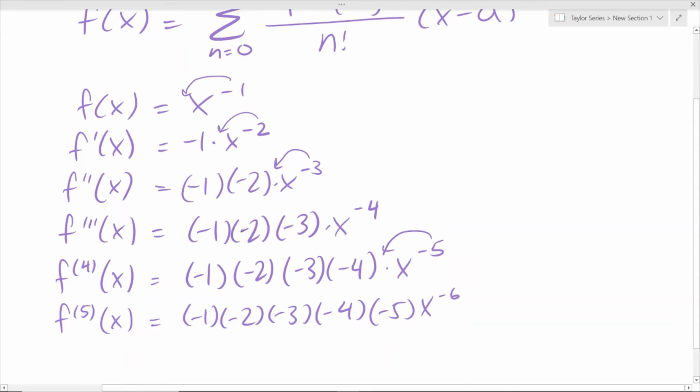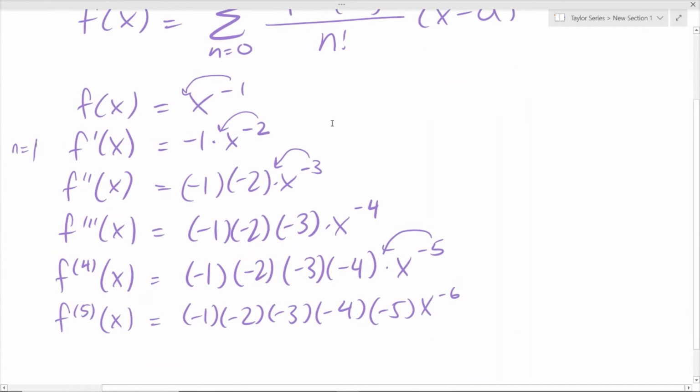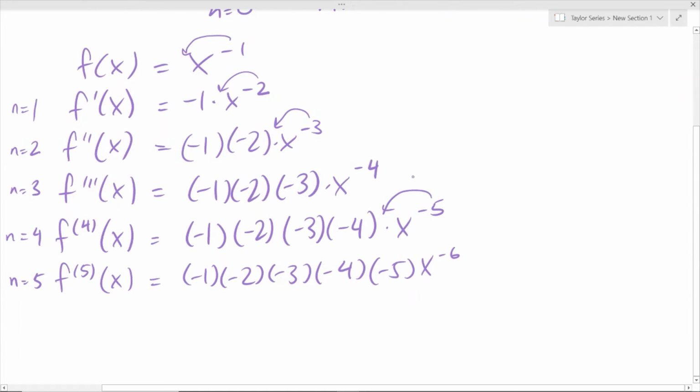Okay, so we get this, and we can see that this is the first derivative. So in this case, n is going to be equal to 1, right? Because here n is like the derivative, okay? So n equals 2 here, second derivative, n equals 3, third derivative, n equals 4, fourth derivative, n equals 5, fifth derivative. So now we can kind of see we have a bit of a pattern, right? So if we were to write out